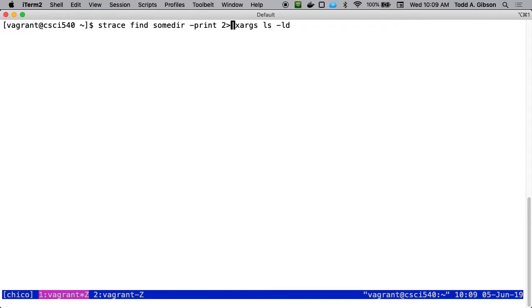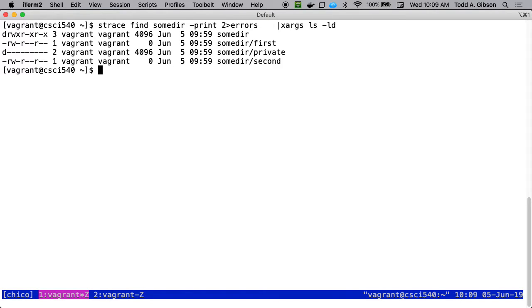I can say this, that means make file descriptor 2 go somewhere else. In fact, this means make file descriptor 28 go somewhere else, right? Well, you and I both know that file descriptor 2 is standardized to be standard error, so we can say make file descriptor 2 go somewhere else. I can make it go to a file called errors, and if I cat errors, then,